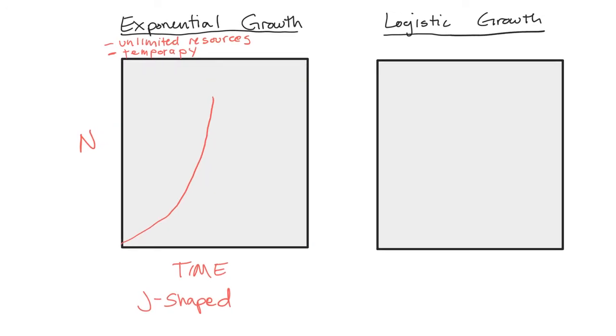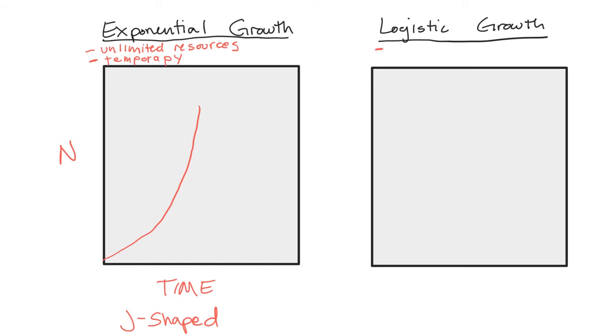So this is, again, temporary. It does occur in some species where, let's say, in the springtime, you have an abundance of resources available for a short period of time. You can see exponential growth. But eventually, there's a cap on it, and that's what logistic growth models. So this takes into account the carrying capacity,